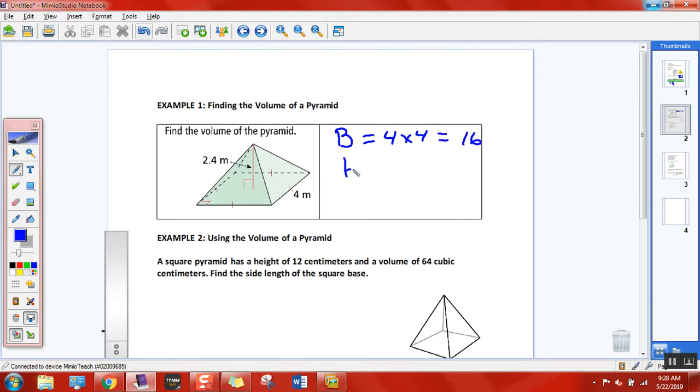Okay. How about my height? Do I have the proper height, the height that's perpendicular to my base? 2.4. My goodness, that's great. Could I find the volume given the base and the height now? Yeah. My volume would equal